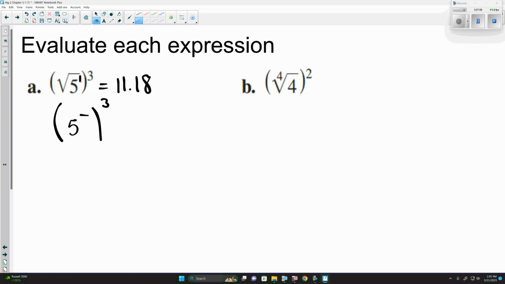Now, the exponent with the 5 is 1, so the number on top of the fraction would be 1. The number on bottom would be 2, because the number inside the radical, if it's not written, is understood to be 2. Now, powers of powers multiply, so 1/2 times 3 is